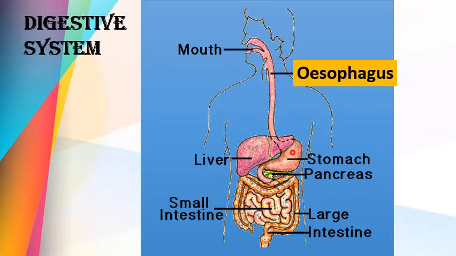Here there are some juices and hydrochloric acid. It breaks the food and makes it into small particles. Then it moves to the small intestine. Here also so many juices are there. They help to digest the food. And the undigested food passes to the large intestine, and here the extra water is absorbed and the undigested waste food is expelled out from the anus.